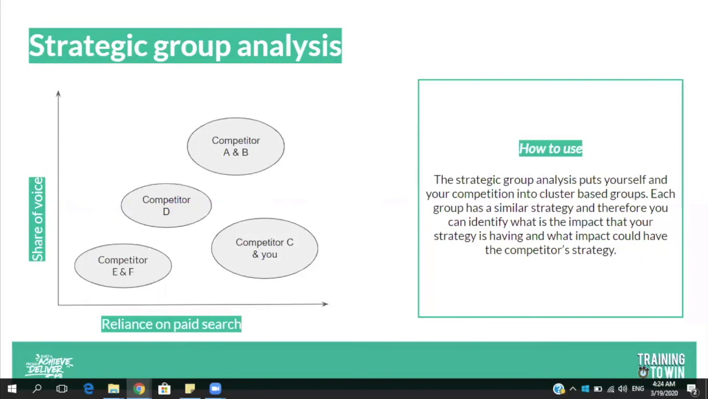So share of voice is mainly word of mouth, so you know what is word of mouth, and reliance on paid search. So it's more like how much you need to invest into marketing to make your product known, right? As you can see here in this example, competitors A and B are kind of in the middle. They also have people talking about them, but they also invest in doing more marketing so that people get to talk about them even more, right? So yeah,